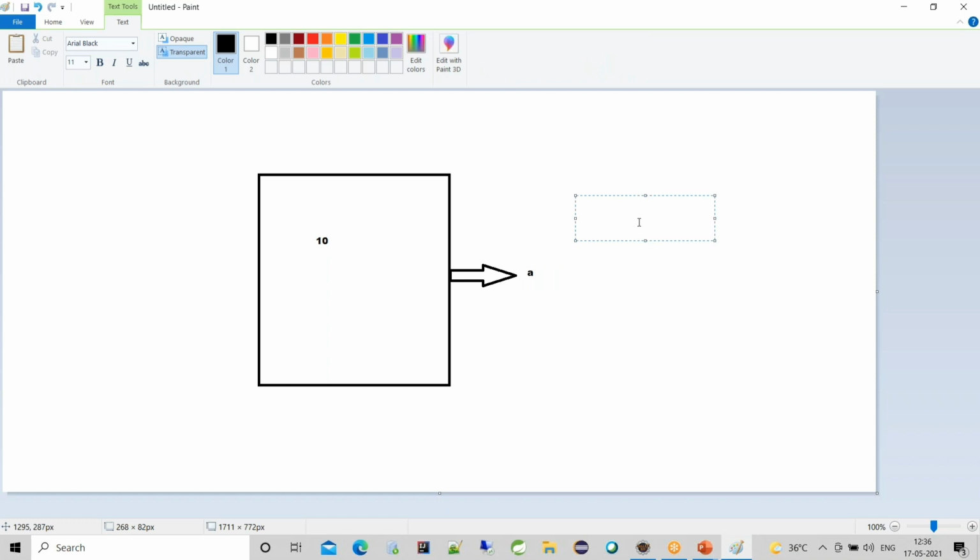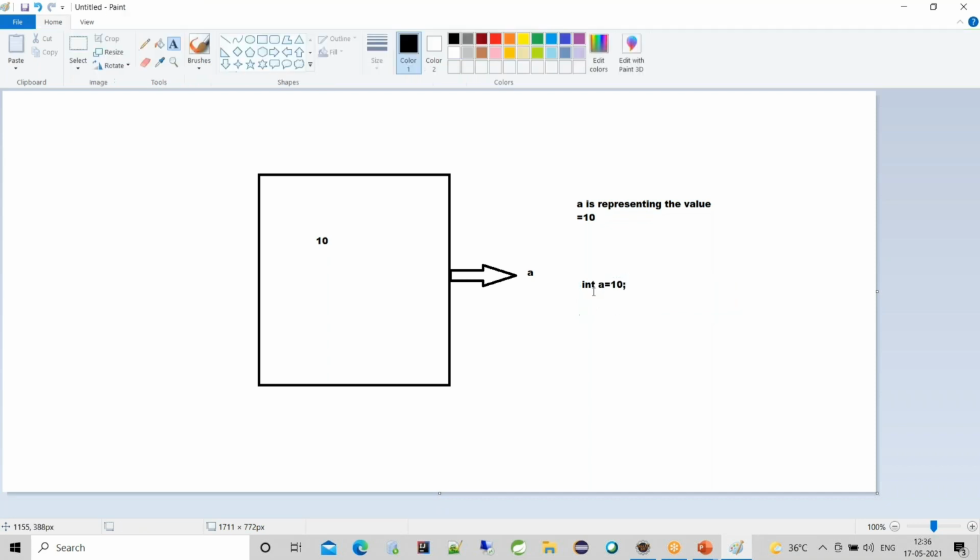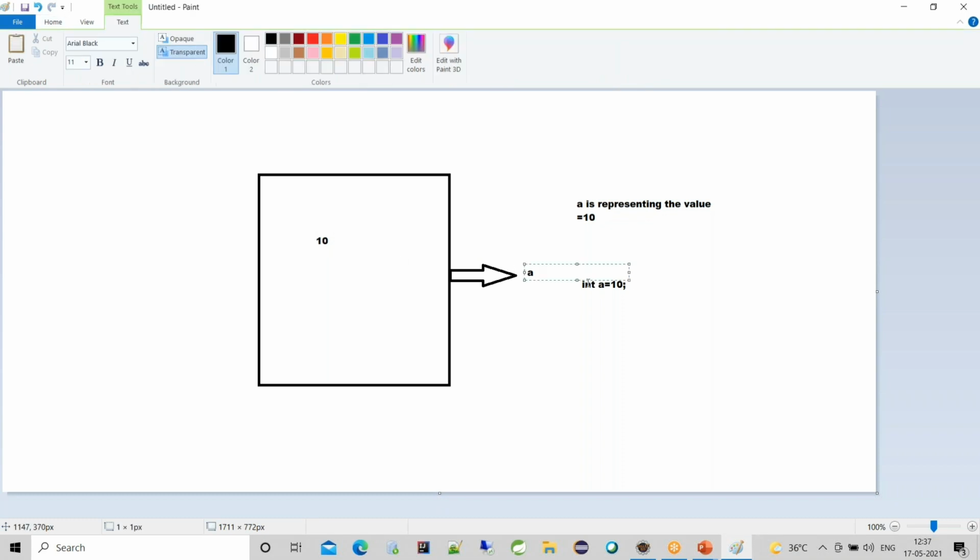So here a is representing the value equal to 10. In Java, we call this a primitive type of variable. Therefore, this container is nothing but a memory allocation that will contain the value of a, that is 10. This is called a primitive type variable.